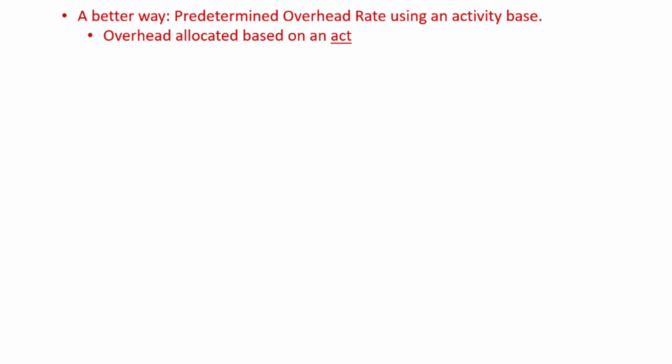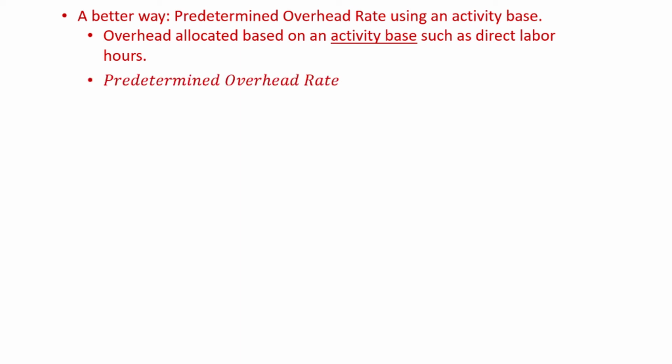A better approach is to assign overhead costs based on a predetermined overhead rate using what is called an activity base. This is just a fancy term for an activity we want to link to factory overhead. Take for example the common activity base of direct labor hours. If we use direct labor hours to assign overhead costs, more labor-intensive jobs would be assigned more overhead costs. We use the formula: predetermined overhead rate is equal to the estimated overhead costs divided by the estimated activity base. We use estimated numbers here as the overhead rate is predetermined, that is, we decide on it before the period